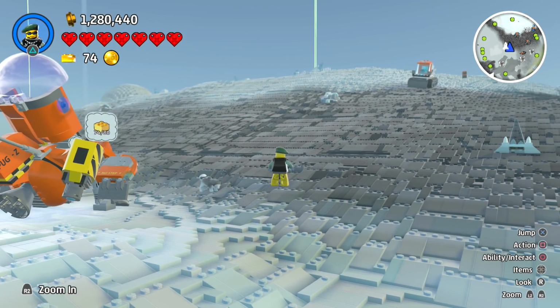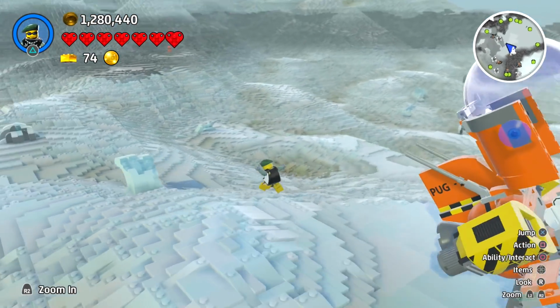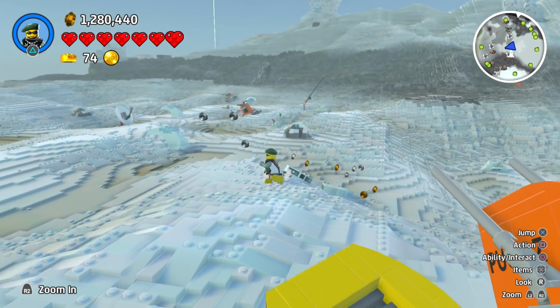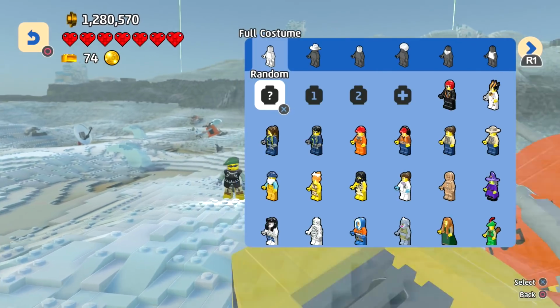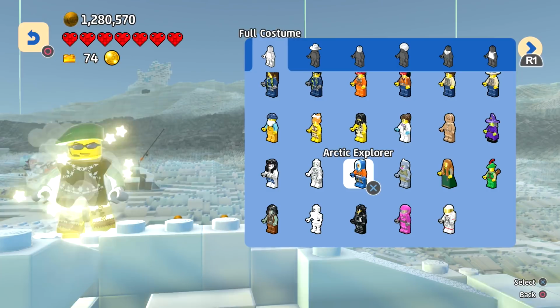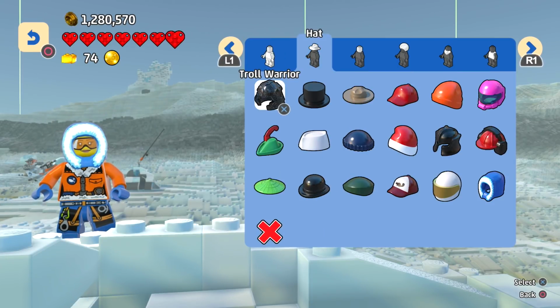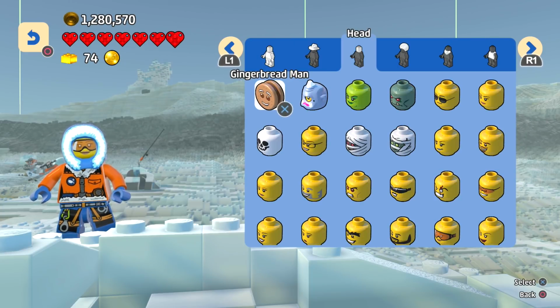I've barely done any building, and this is a LEGO game, and I think it should be a crime to play a LEGO game for this long without doing any building. So let's start off by doing some customization, shall we? Should we be an Arctic Explorer? I really want the hood of the Arctic Explorer, but I might play around with some of the